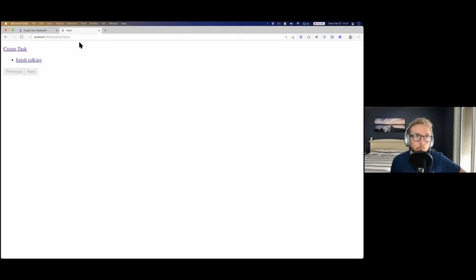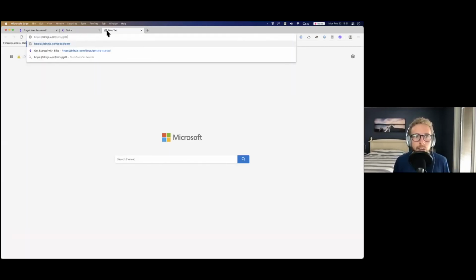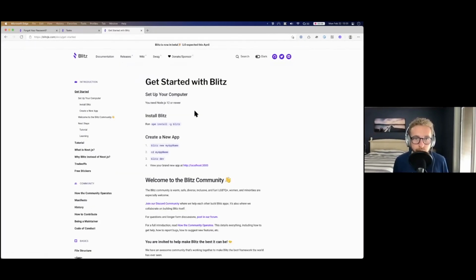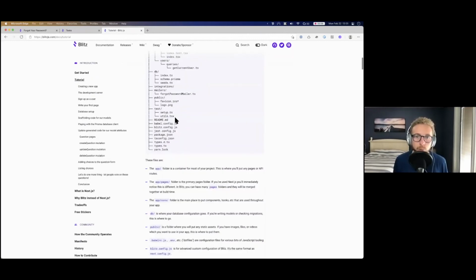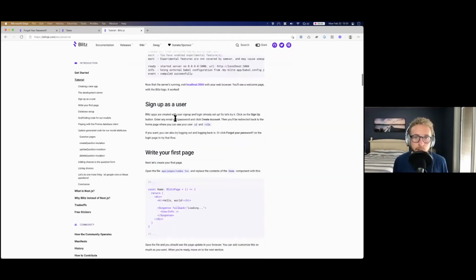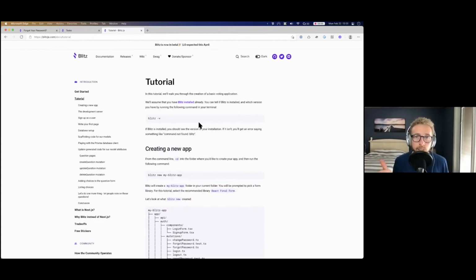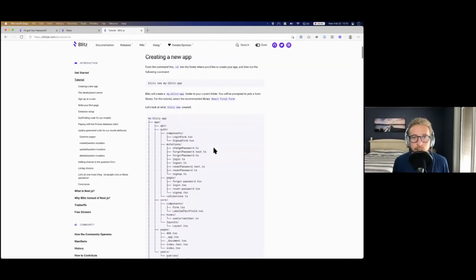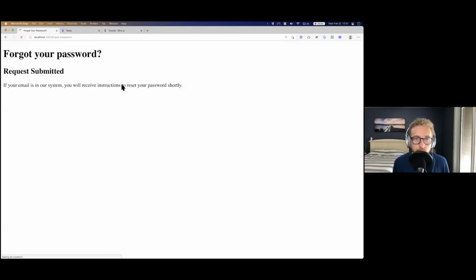And we walk through this in the Blitz tutorial. So I'll be wrapping up here shortly. And Blitz.js.com is where you'll want to go to get started. And then we have a tutorial in here that walks you through a similar thing, making a polling thing. So you have questions and answers, and you allow people to vote on them. So that's a really good resource if you want to dig into this even further.